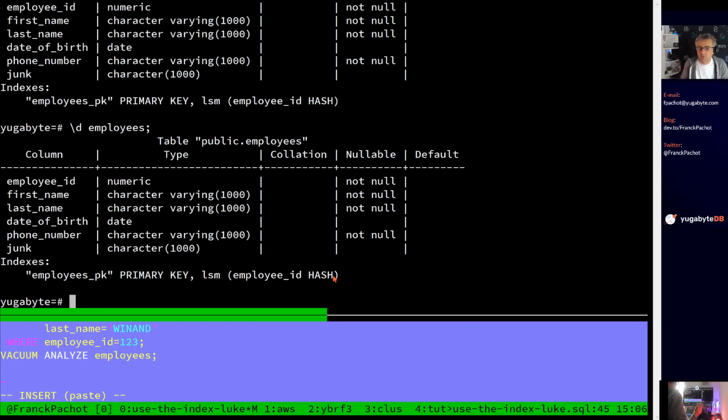Because I've run the Postgres code that doesn't mention any sharding method, as Postgres doesn't shard tables, the default was used, but I can see it when describing the table. We can also see that it is not a B-tree, it is an LSM tree, a completely different storage. Still the same idea as any index: you store data sorted to be able to find a specific value or a range of values and get them ordered if you need to. But here we don't have a B-tree structure. We have an LSM tree,